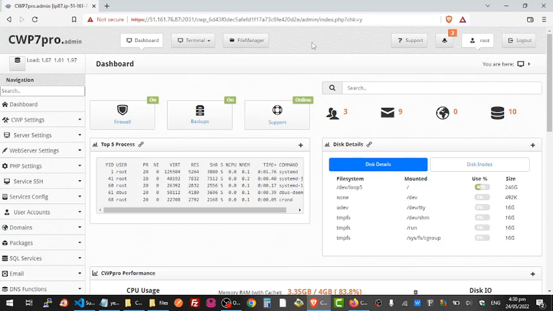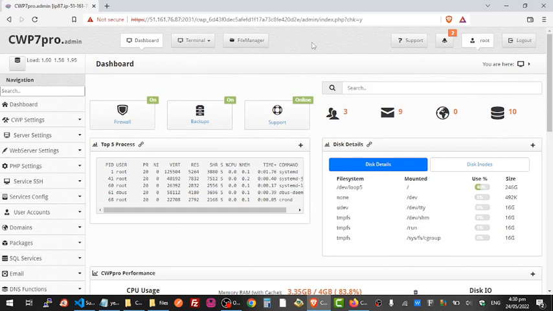Now, once you have installed CWP on your server, there are times that from time to time you need to do one or two things on your server, and you need to go back to your SSH client to do those things. But CWP provides a convenient interface that you can use to run your console commands without using an SSH client like PuTTY. So have at the back of your mind that the first time you want to install CWP, of course you need to use PuTTY, but after that, you can use the console that is provided by CWP to run